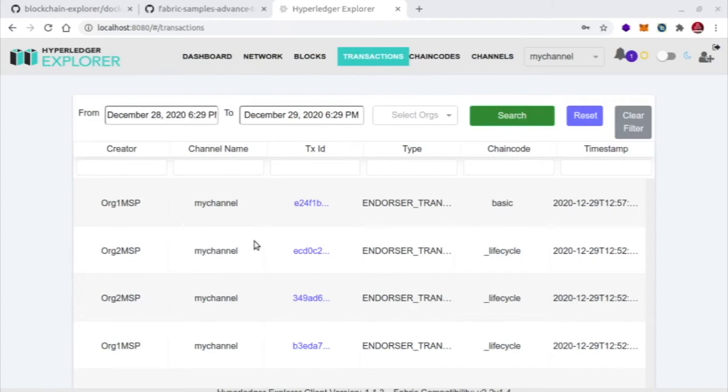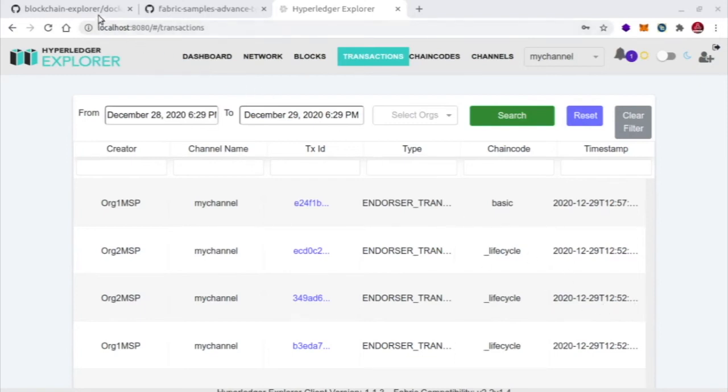We can see those APIs through the Swagger file that is also provided by the Explorer team. So let's look at this, and we will be doing some transactions using Postman. And the same thing you can integrate. You can build your custom UI based on any framework, whether it is React or Angular or Vue. You can use your own framework and create your own beautiful UIs based on the REST API. So